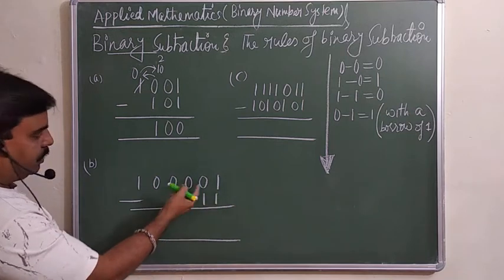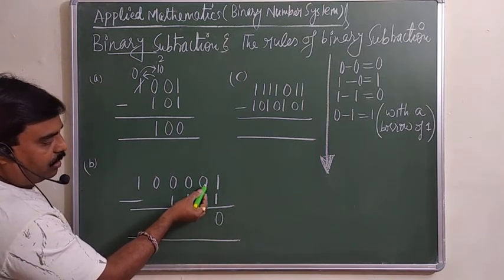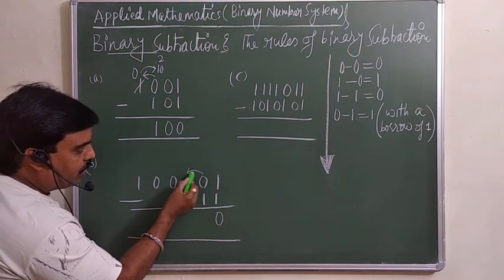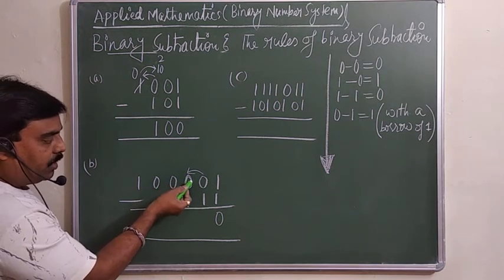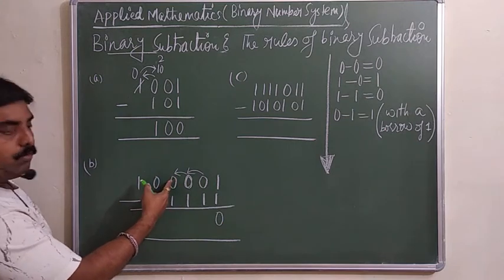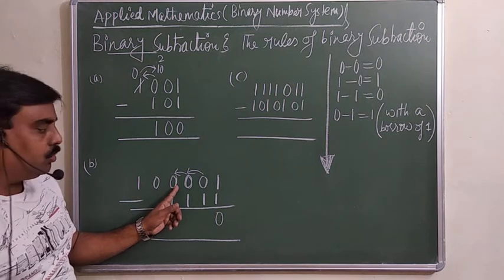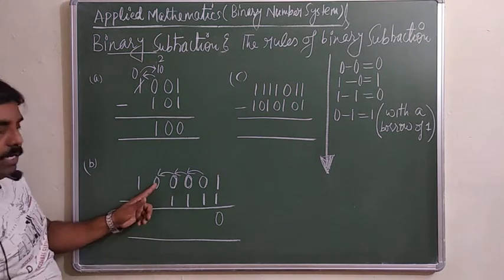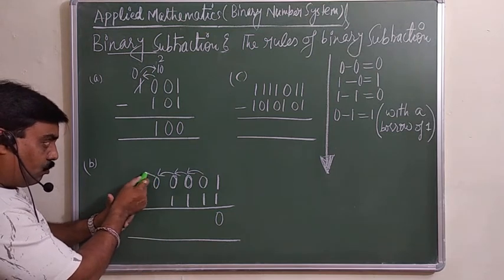Similarly, here you can take. यहां you can understand. See, 1 minus 1 किया, 0 is there. लेकिन यहां 1 we will subtract from here. So we will borrow from here. लेकिन ये यहां से borrow we cannot do because ये तो already 0 है. How can you borrow from here? तो what we will do? जब यहां से borrow नहीं कर सकते तो we will go to the next one only. Then we will borrow from here. Again ये फिर भी 0 है. इसके पास तो कुछ है ही नहीं. This is already 0 in itself. तो how can you borrow? Then again इसके पास जाइए. Then again 0 है. So we cannot borrow. अब क्या करेंगे?